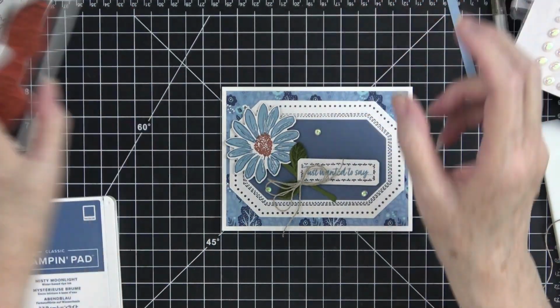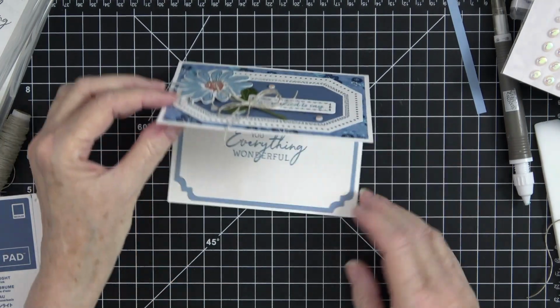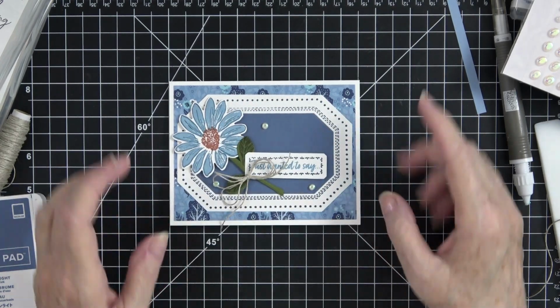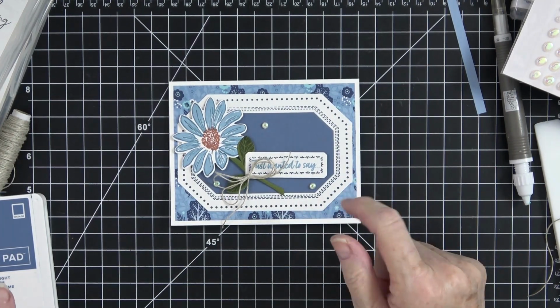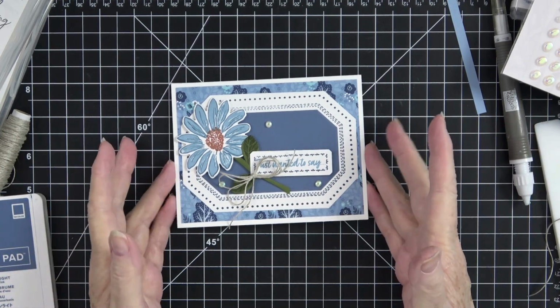How stinking cute is this card? I love the way it turned out. We got a nice message on the inside. We used new products. We used two new stamp sets. We used two returning ink colors. Boho blue, is that a returning one? Can't remember. It's one of our ink colors. But anyway,